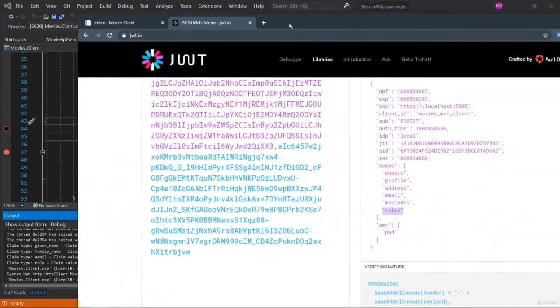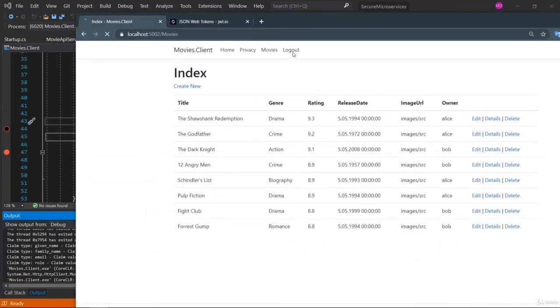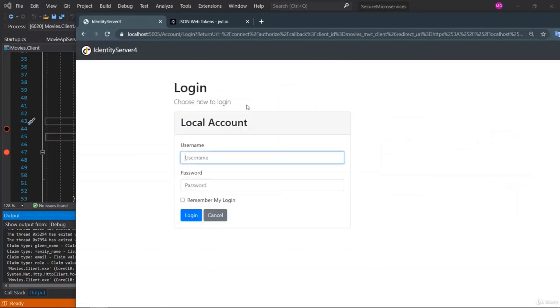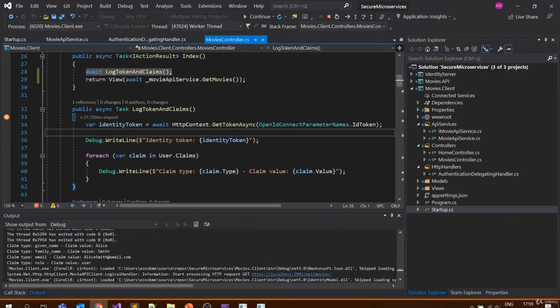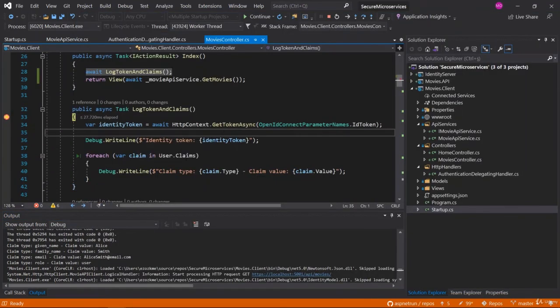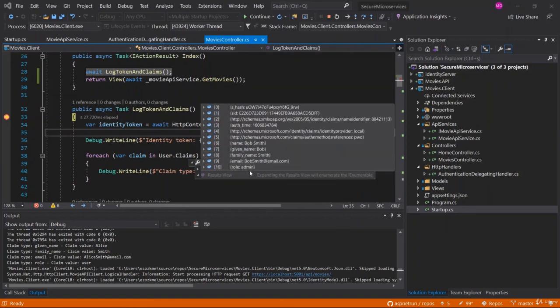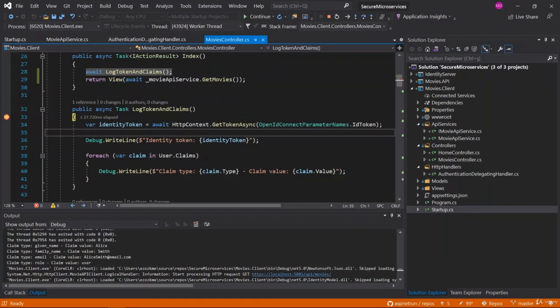Also, you can quickly test for the other role. Let me log out. Movies. This time I am going to log in with Bob, B1. I expect to get the claim information as role admin. Yes, now we have also verified it for Bob, and we have logged in the Bob information. In the next video we are going to make some role-based claim authorization.